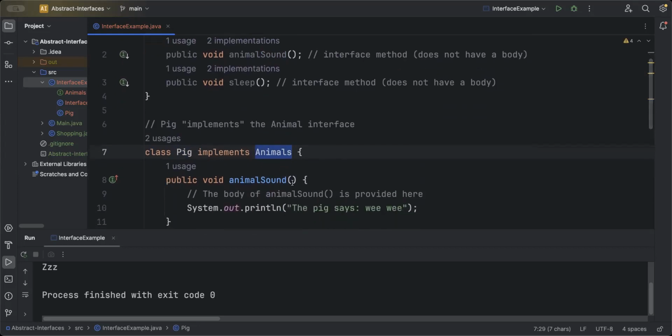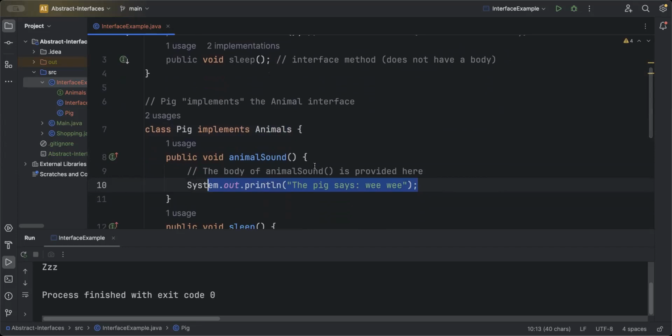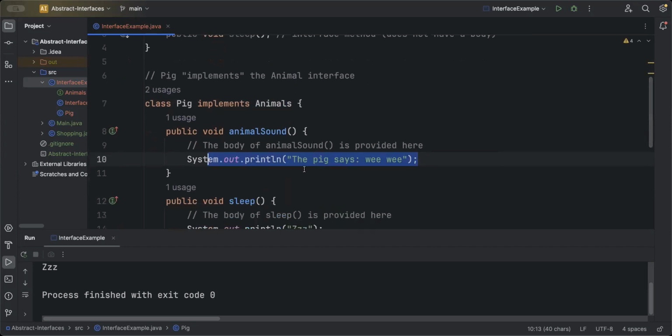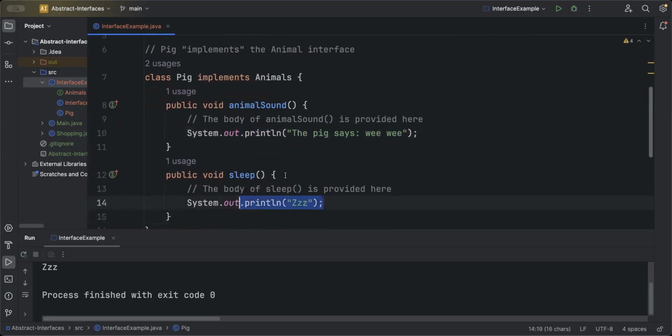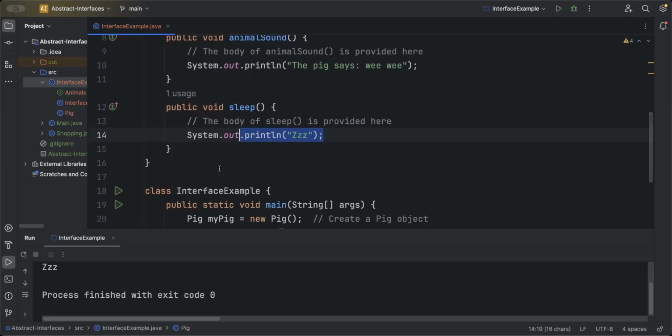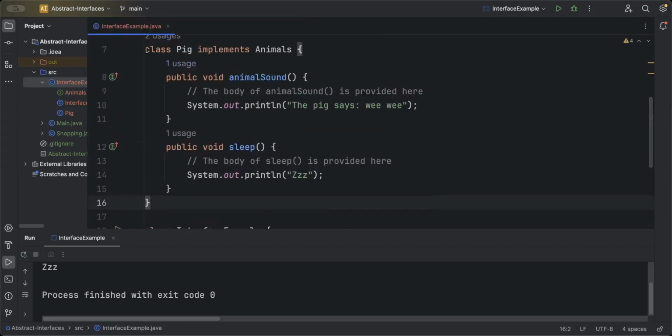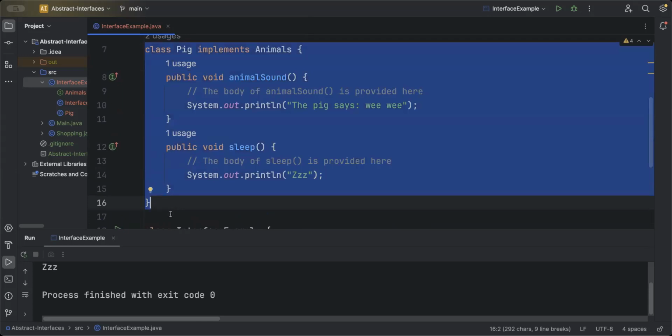So we have animal sound, so you can make any sound, quack, quack, quack, or wink, wink, wink. I don't know, so it's up to you. And then you have sleeping, then zoos, zoos, zoos, or anything. Also, if you have another animal, you just have to implement the